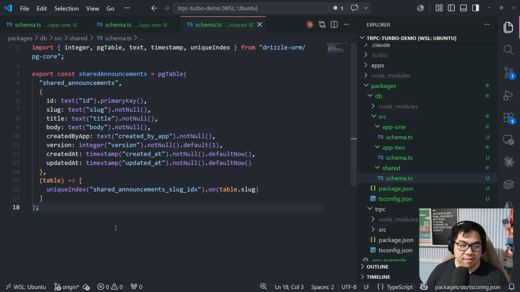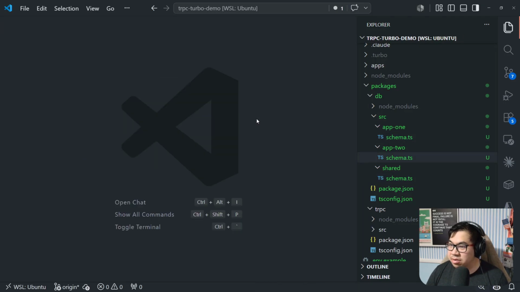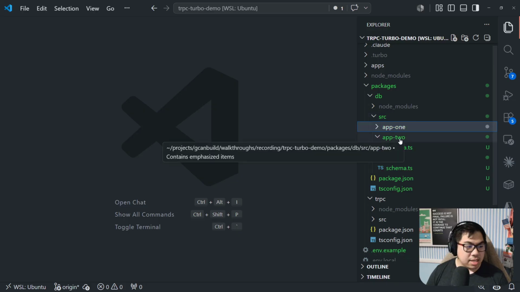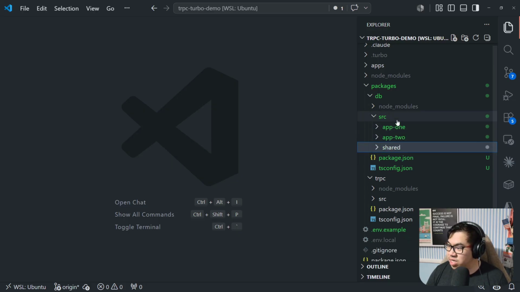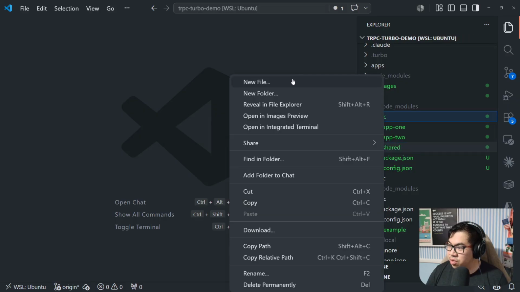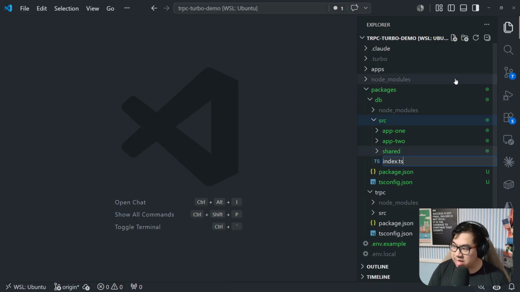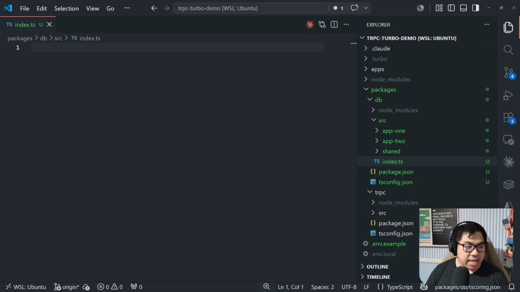So we have our schema all correct. I think that now we need to set up some of that connective tissue to be able to bring in the Neon side of things. So what we're going to do is close everything down. Do I need to compact this? I don't think so. So first, at source here, we're going to create a new file. We're going to do index.ts. And inside of this index.ts file,